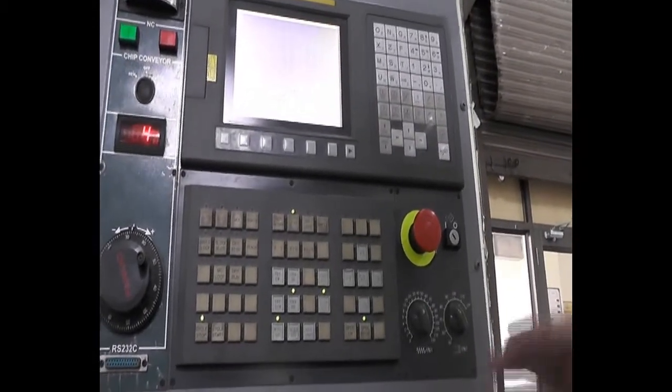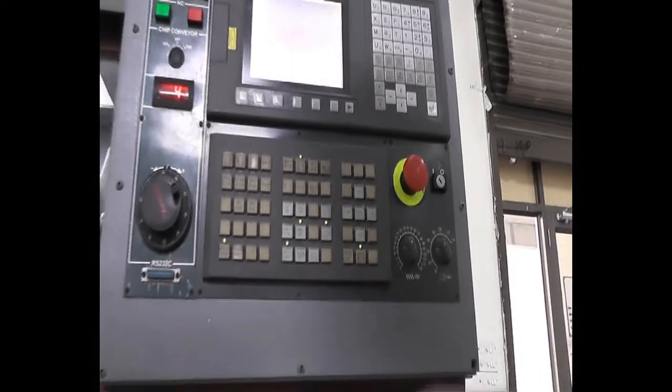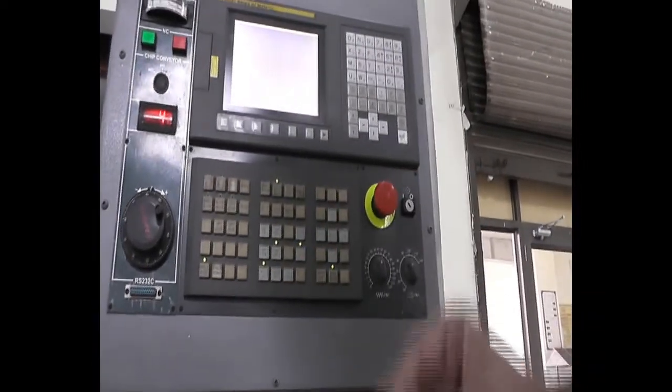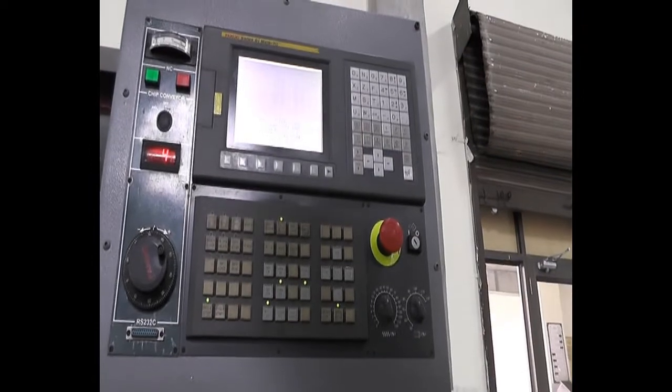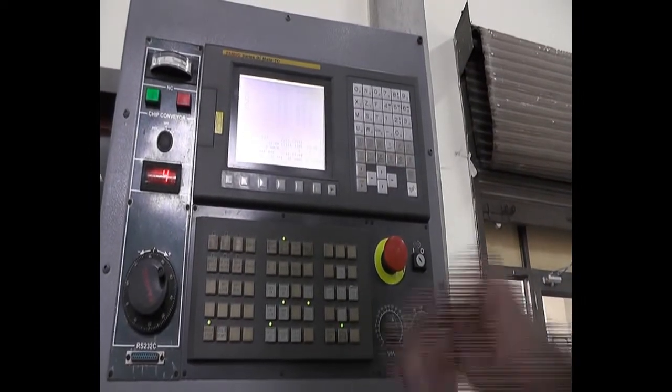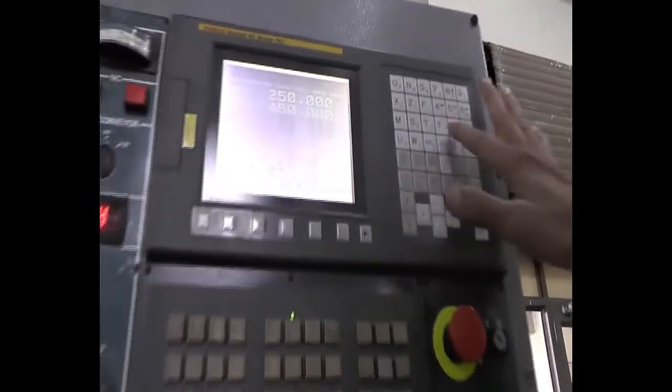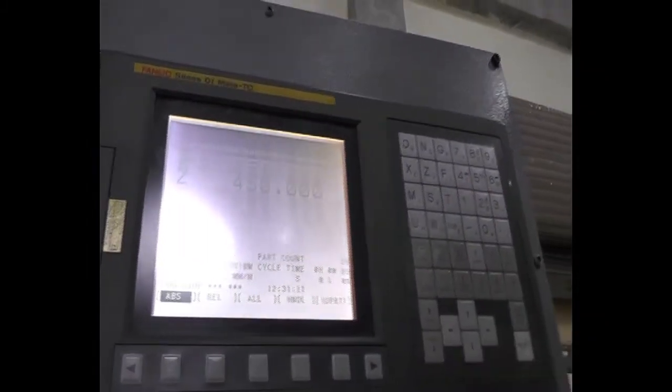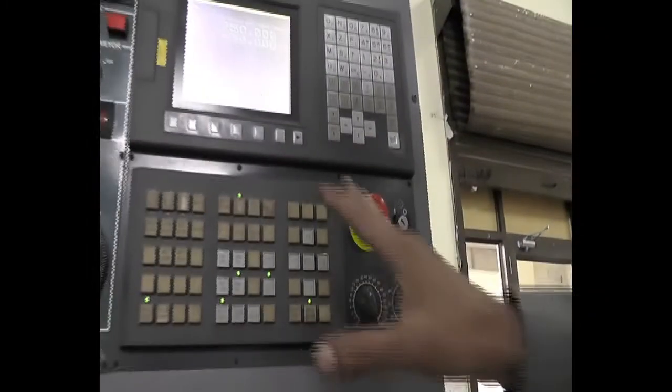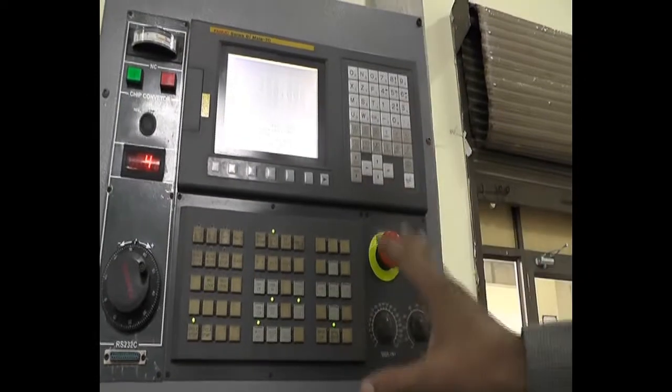Whatever program we want to run on the workpiece can be made using G code and M code, and it is fed manually from here with the help of this keyboard, and the selections are there.